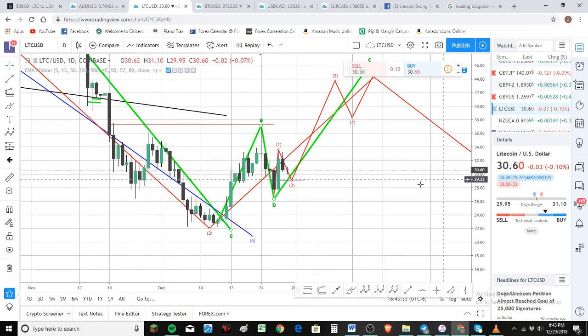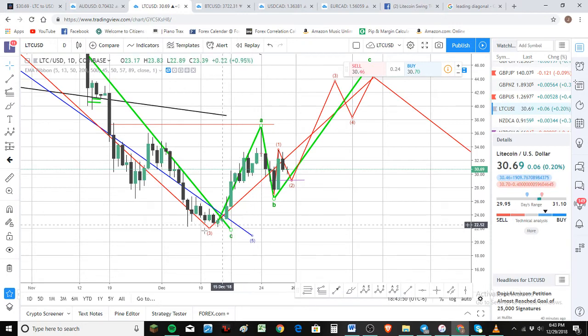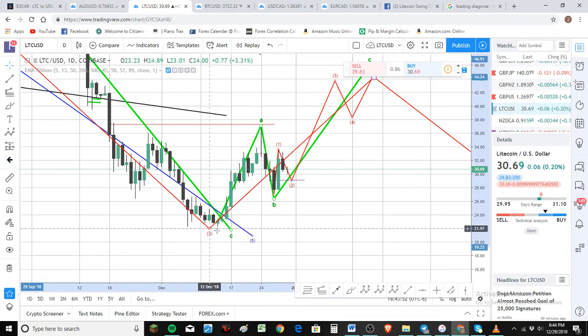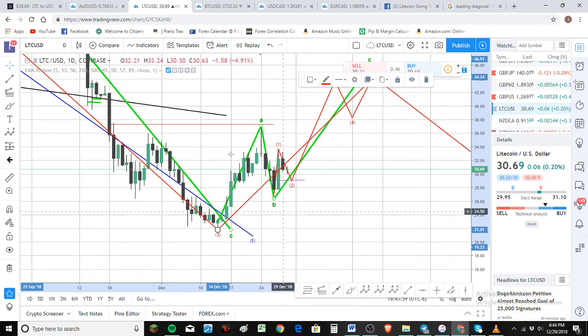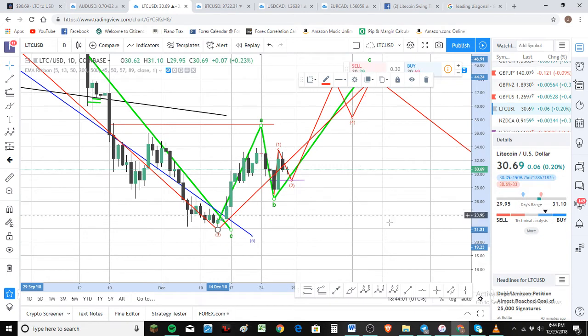Now, if it continues to break this low right here, there's one other chance this could be ABC and then going up, or we're going down. So for that 5th wave, we'll see. But you shouldn't be trading these smaller waves. You should be trading the larger swings. So anyway, say you missed and you didn't get out, or you're still in. Hey man, it's going to come back to your price. There's just so much choppiness right now, up and down as well. So all right, hope that helps you.